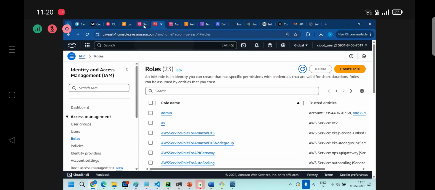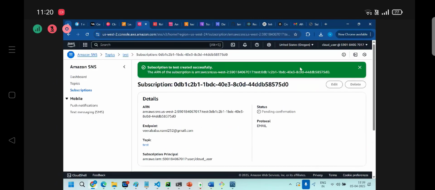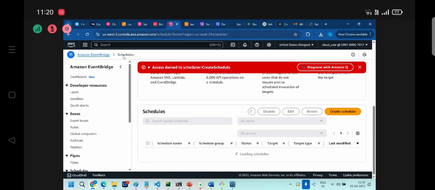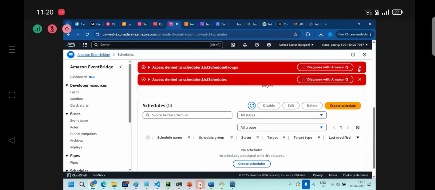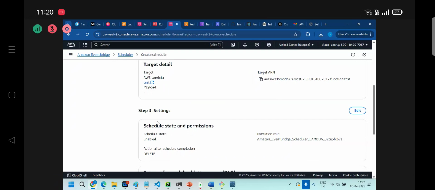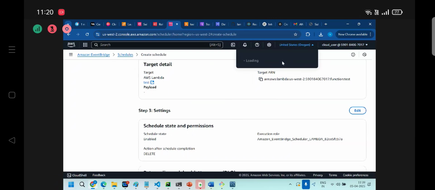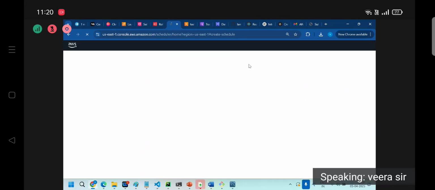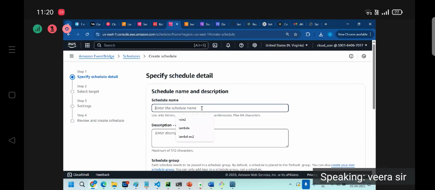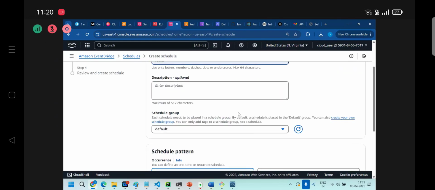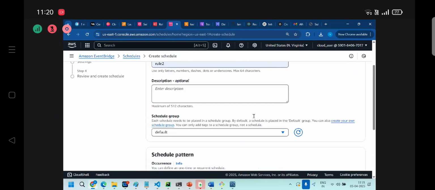What we can do? Event is working fine. Why is schedule not working? Let's go to North Virginia region. Let me give something here. One time schedule I'm giving, for example,